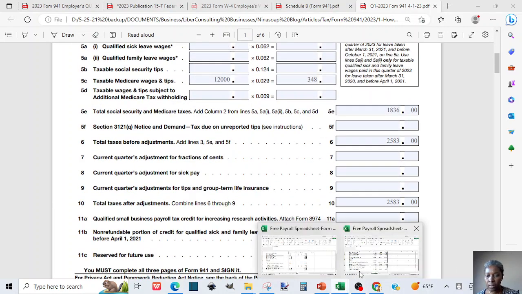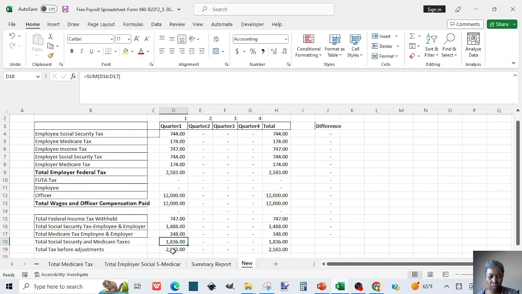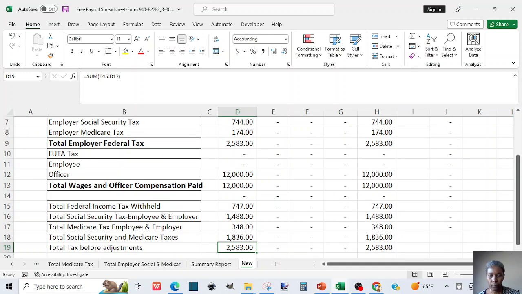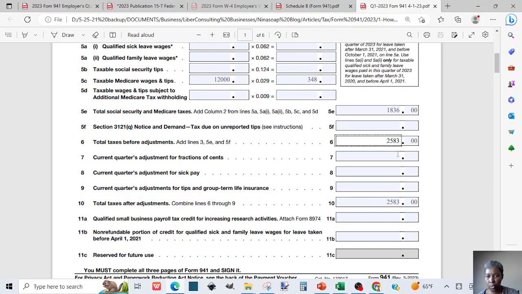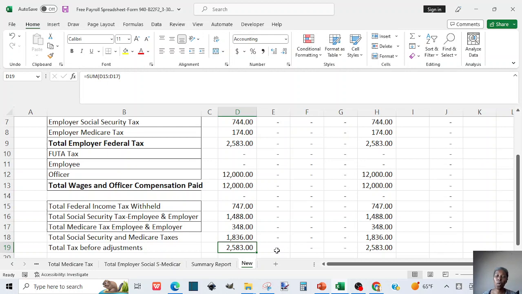And that on the second spreadsheet example is total tax before adjustment. It is $25.83. And that's why we are creating this new tab to total them by quarter. That way it's easier to see the total and compare that to the tax return that we are calculating and to see if the number is accurate. So that's how those summary report tabs will pretty much pull things from your federal income tax tab that you completed,